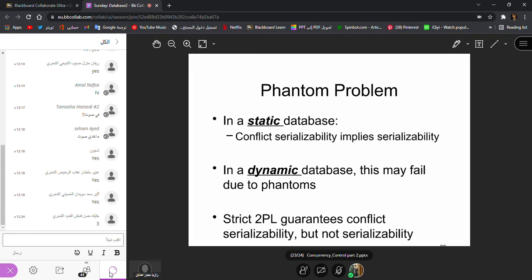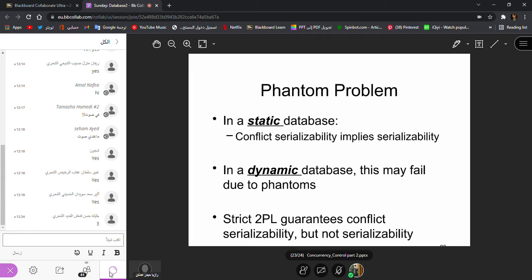You are just either reading the data or updating the values of those variables, but you are not changing the number of tuples or rows in your tables. That is a static database, and in those, conflict serializability or serializability concepts are applicable. But these concepts we cannot apply on dynamic databases.